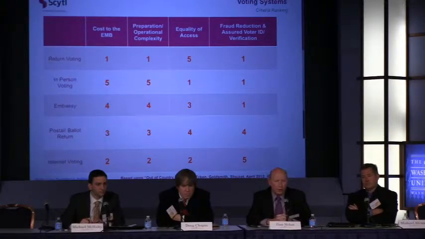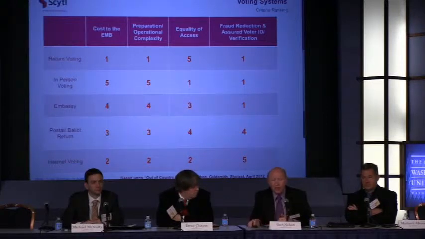The matrix in there, based on their writing, I ranked these with 1 being highest and 5 being lowest in terms of goodness. And in this particular matrix, we have no disagreement with Ben and the authors, except in the bottom right-hand corner when I look at internet voting and fraud reduction. At CITL, we believe that the technology exists today to change that from the 5 that they see into the